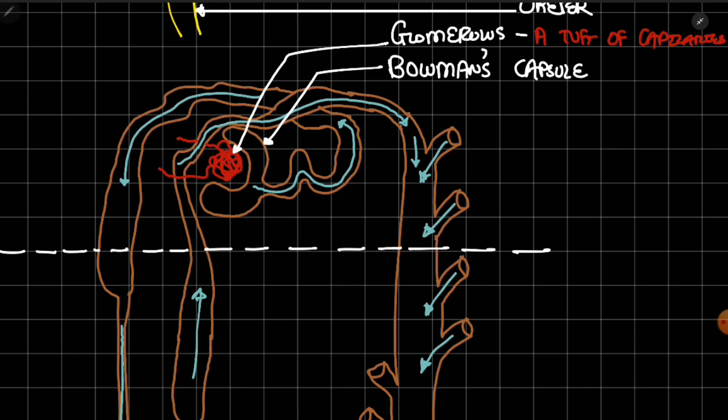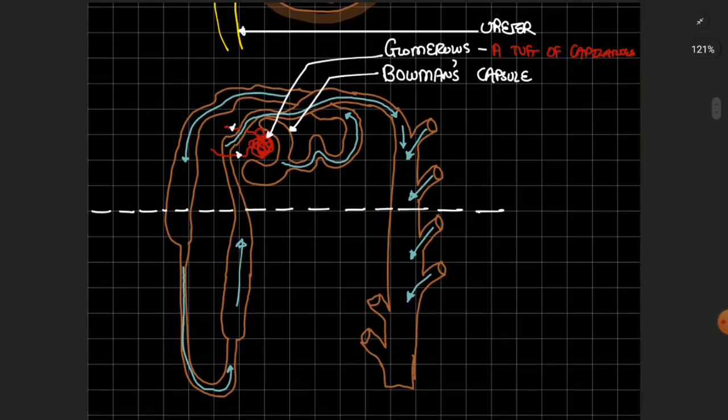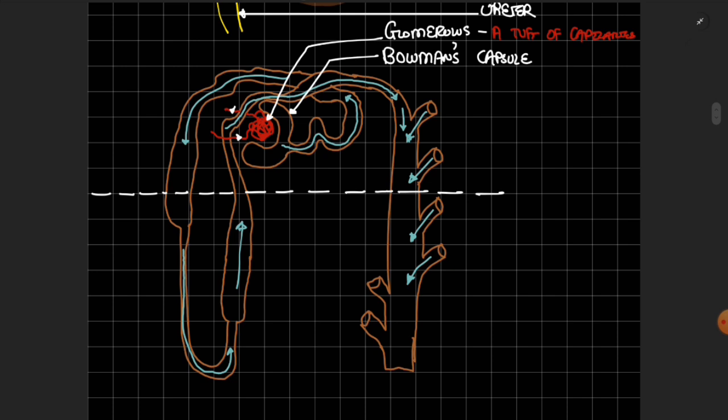Now, as I will not mention that this is the afferent, this is the efferent, this is understood. Afferent and efferent, okay. So basically the blood is going from here and it is going from there, so afferent and efferent. Now basically the parts of the nephron, the basic parts of the nephron, let me just enlarge. The structure which is from the Bowman's capsule, the immediate tubule, it is known as the proximal